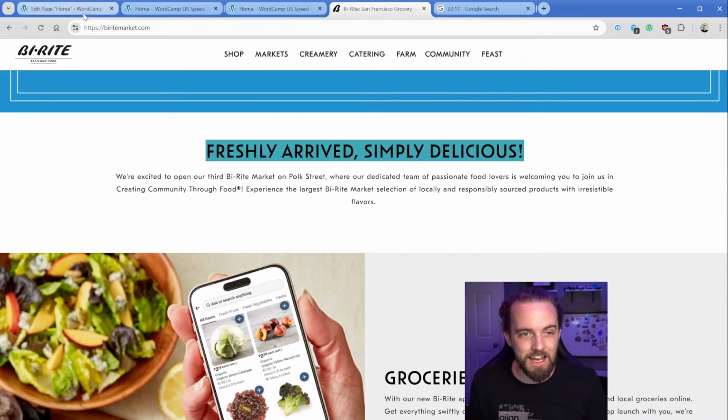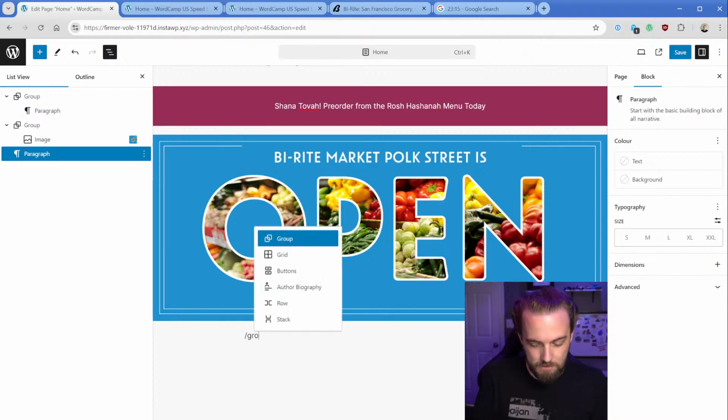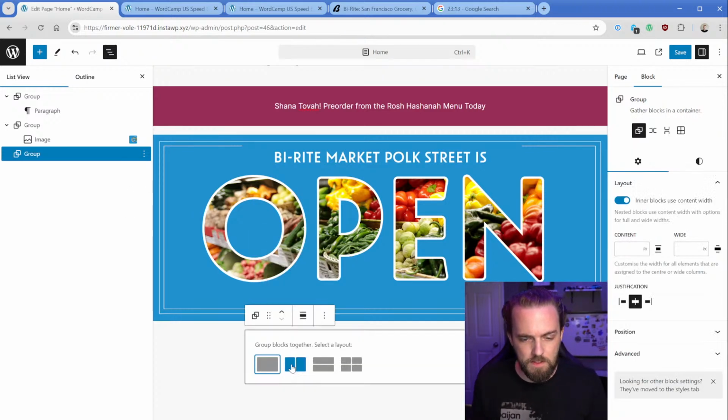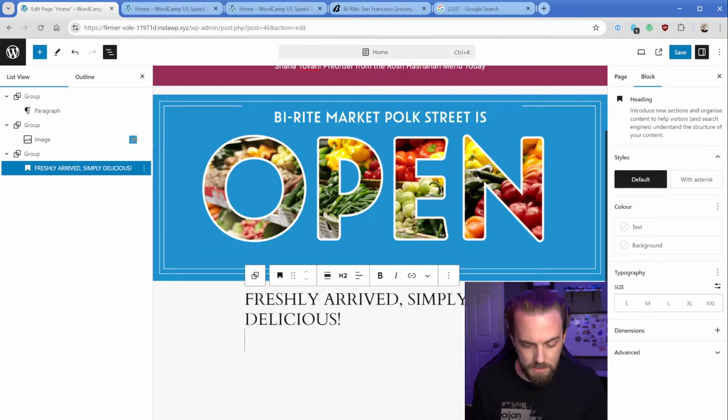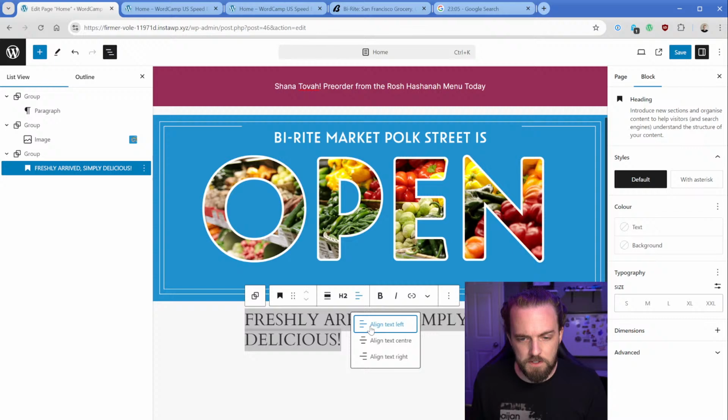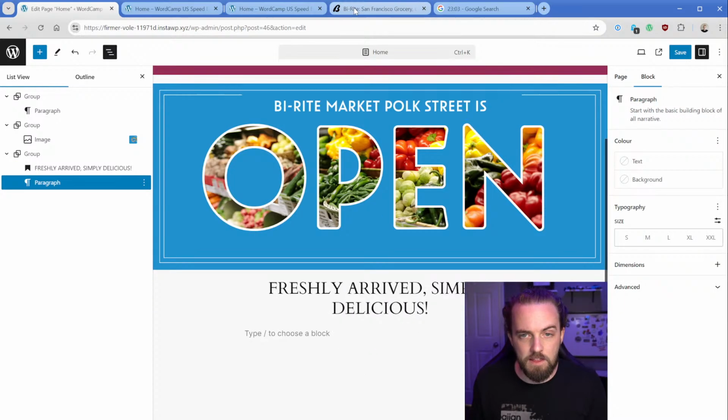We got just a text area here. So another group. And then what is this one? That's just a stacked one. So again, we can do the same thing. So we'll pop in a heading. This is probably an H2. This text was centered. And then we have